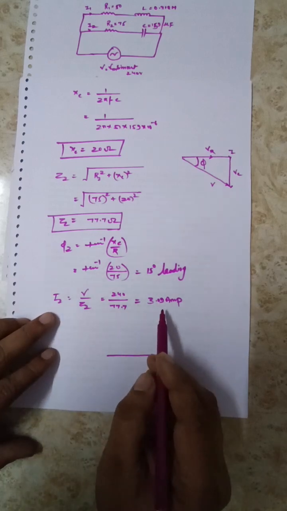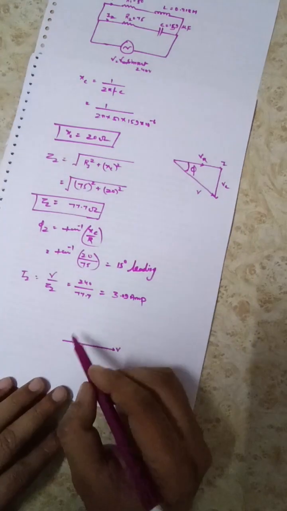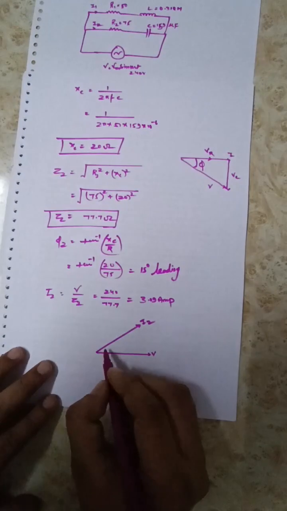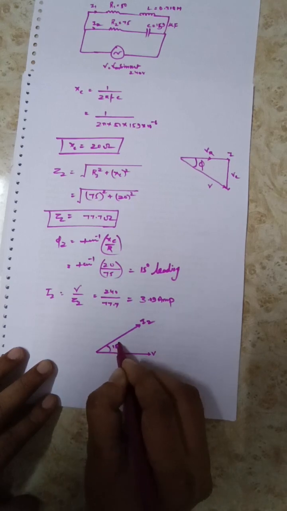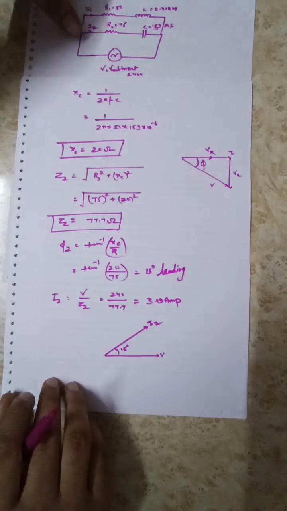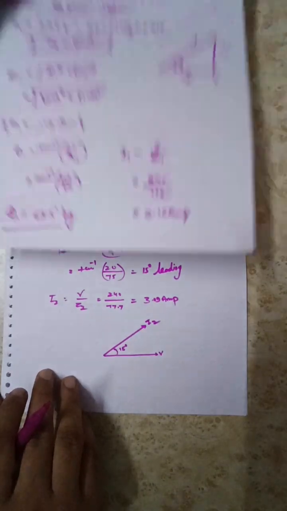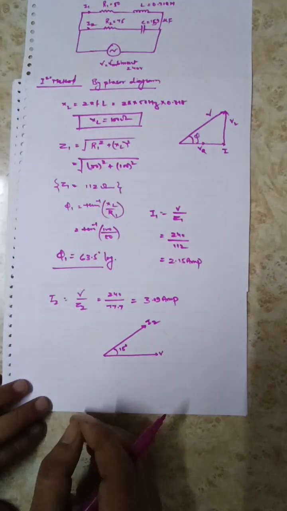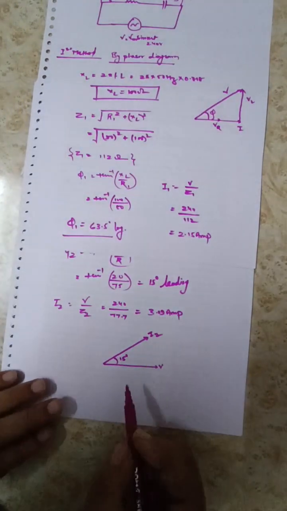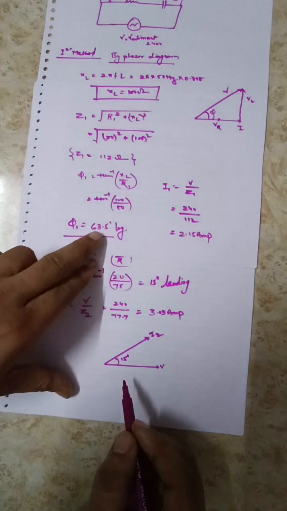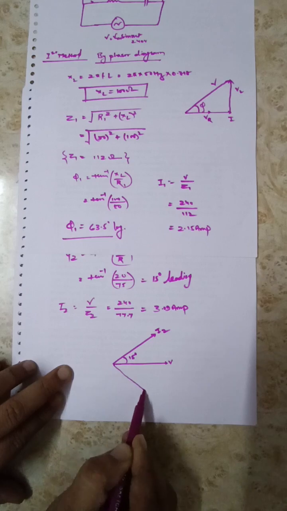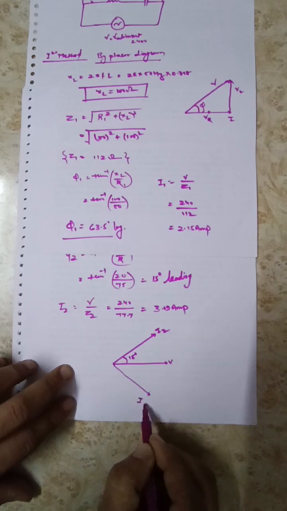So what is current I2? I2 is 3.09 ampere with 15 degree leading. So current will be drawn here. This will be your I2 with an angle of 15 degree. Clear? Current is leading from the voltage by 15 degree. Now what is the significance of I1? How we will draw I1? So I1 is equal to 2.15 ampere and it is 63.5 lagging. So current I1 will come out here. This will be your I1